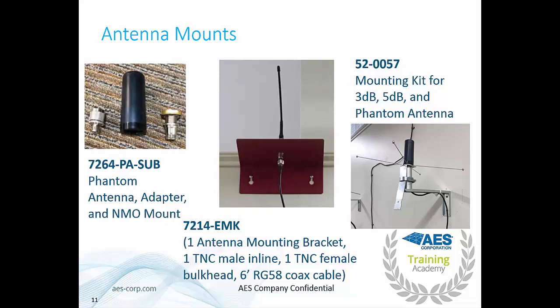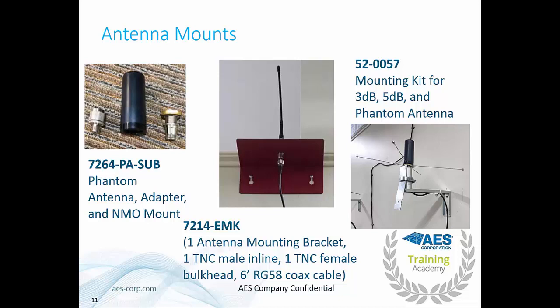You can also use this with our EMK kit, which is basically an L bracket with a couple of keyhole screws so that you can mount it to the wall. Many times we've seen the AES subscriber mounted above the ceiling tiles in a building. With this, you can just mount the antenna above the ceiling tiles and then put the actual subscriber at eye level, and then every time you need to service the subscriber, you don't have to get out a ladder and climb above the ceiling tiles.